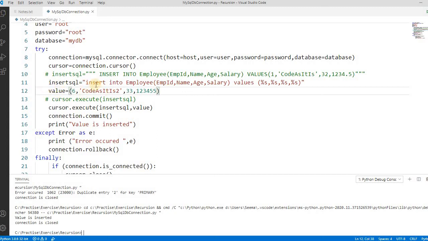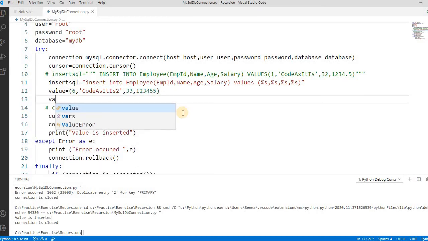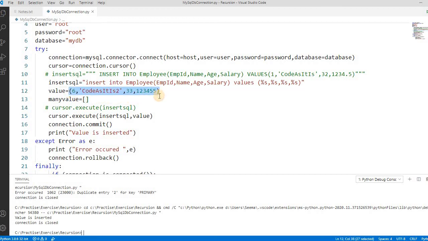In that case, the SQL is the same, but instead of the tuple, we can pass a list of tuples. See how. So we can say many value, and then we start with this. Let's copy the values. We have to change this because the primary key is on employee ID.